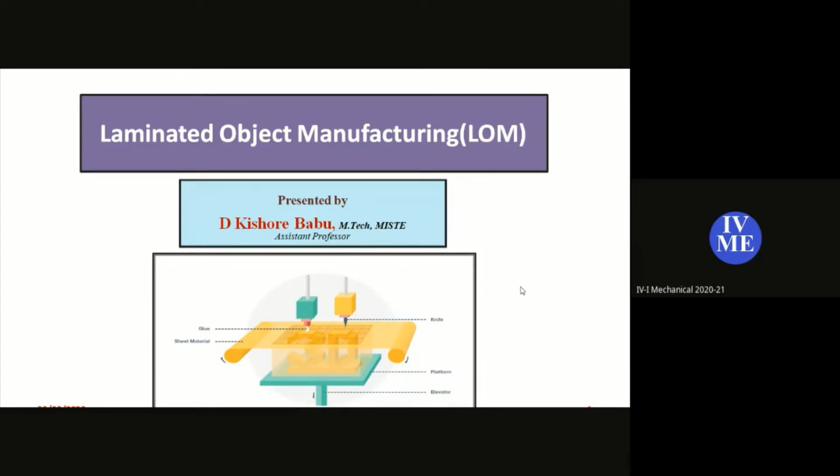So here the first topic is Laminated Object Manufacturing. It is related to solid-based technology, and developing the parts here means manufacturing the parts where the initial form of the material is solid. The initial form of the material being solid means the primary material of the fabricated part is solid. Okay, let's move on to the topic.